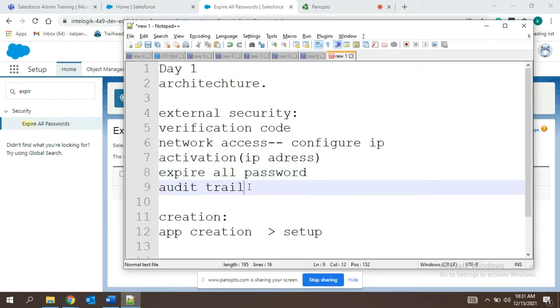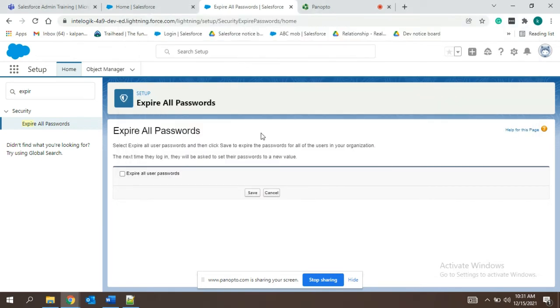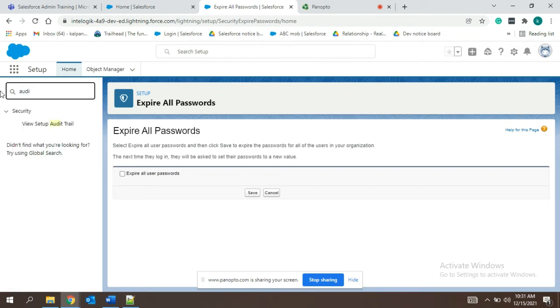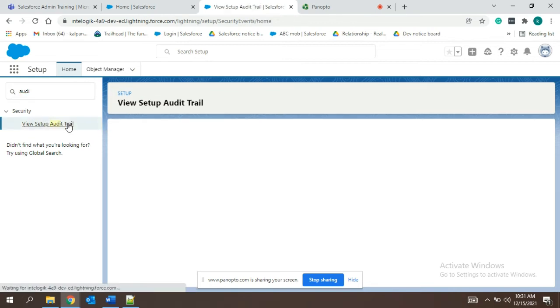And then comes the audit trail. These things happen, but say some technical changes have been made and some production issue came, and our manager expects us to find out who has done that. Then in the same setup, in the find box, you can search for View Setup Audit Trail. Click on this